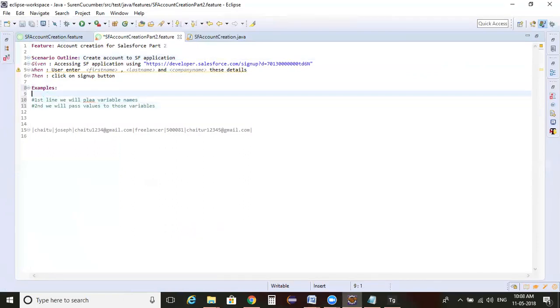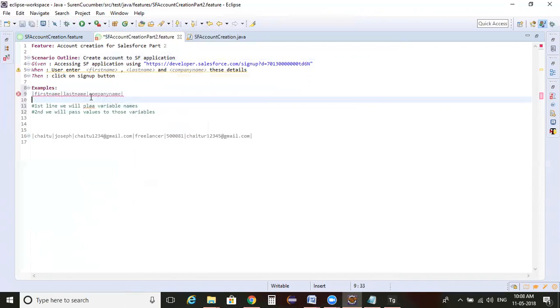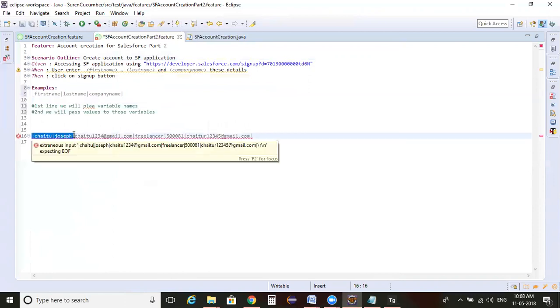Okay, let me pass. So start with the pipe first, and the variable name is a first name. Sorry. The next variable name is a last name, and the next one is a company name. So these are all the three variables. The data which I need to enter is specified like this.